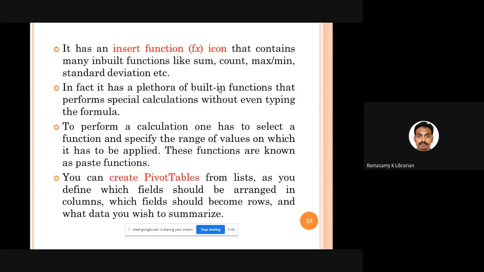If you go to MS Excel, there is a function called fx, insert function. If you click that, a lot of options are available where you can conduct a good number of statistical methods, starting from sum, count, maximum, standard deviation. You need not know or type any formula. You only have to select the function and select the data, from which column to which row, like C1 to R1, that kind of cell range or column range. That will automatically calculate and give the answer.